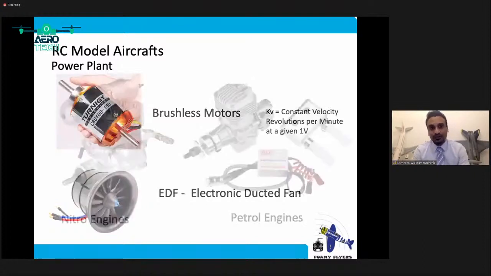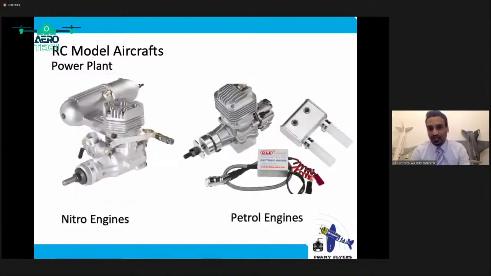And also, there are nitro engines. I think these are very commonly used for balsa wood aircraft. I'm not saying that these cannot be installed on KT boards, but normally, when you have a piston which is going up and down, there will be a lot of vibrations. Because of that, the vibration will make the airframe very unstable. So that's the reason why this is only used on